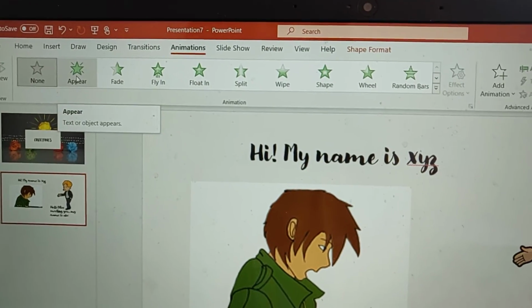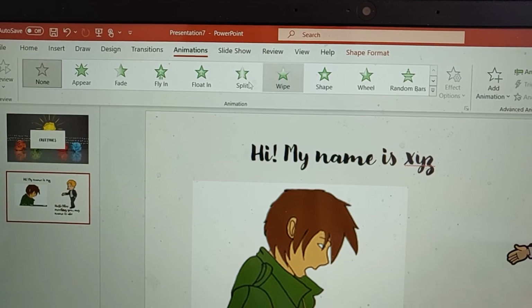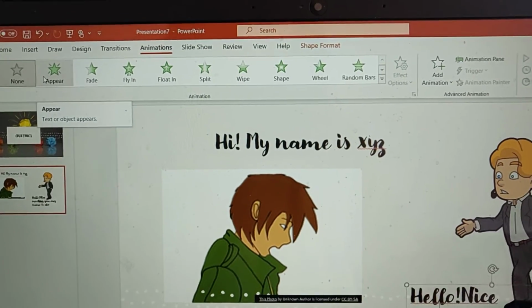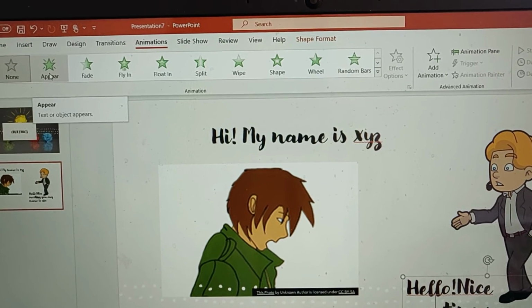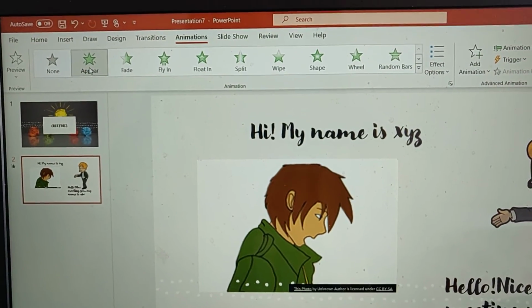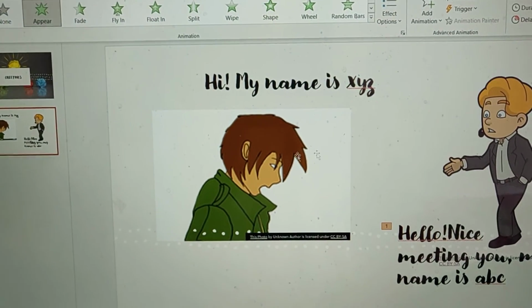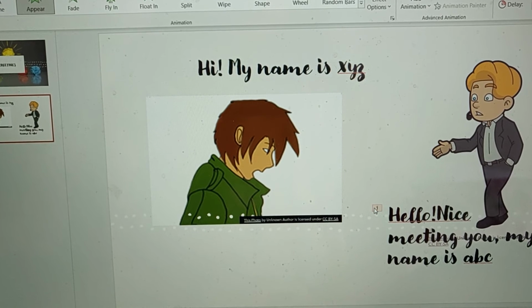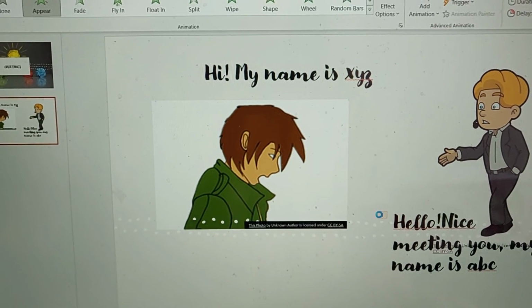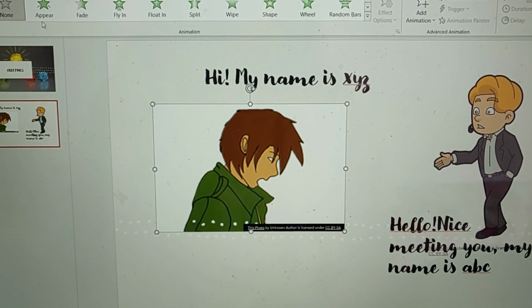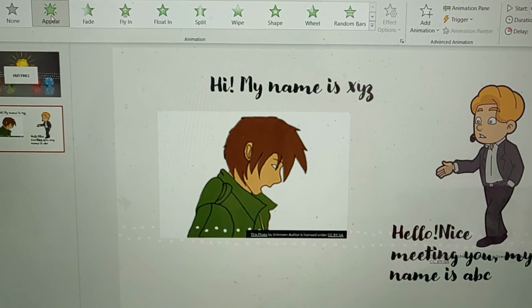So if you'll see animations, there are a lot of different types of animations that you can use. For my slide, I would use appear. So you have to go to animations, click on appear. You have to select your numbers, which one will be the first. So this is not what I want to be the first thing. So I'll select the image, click on appear. So now